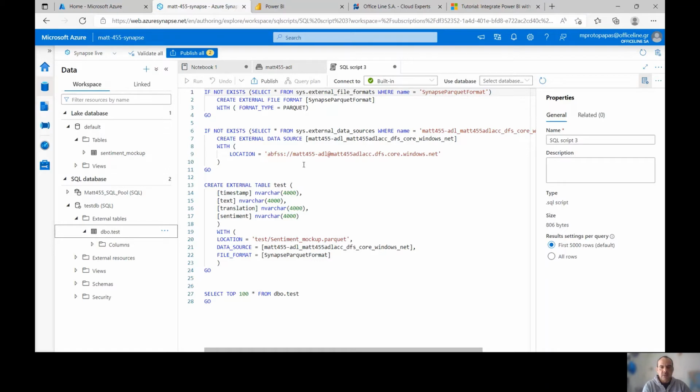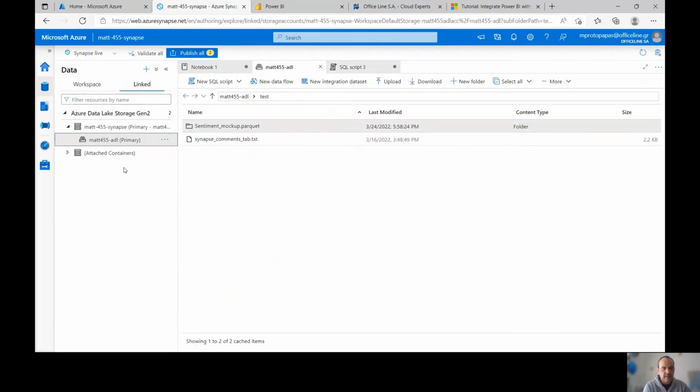And the third way to import the file is to import the Parquet file itself. So if I go back to data, in the linked services, so here is the file.